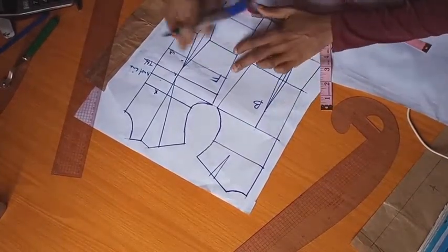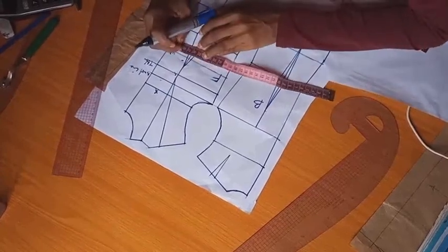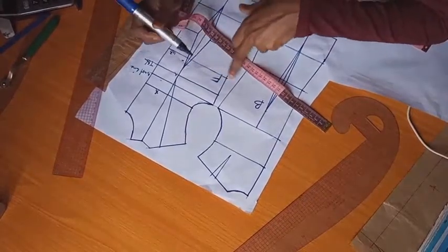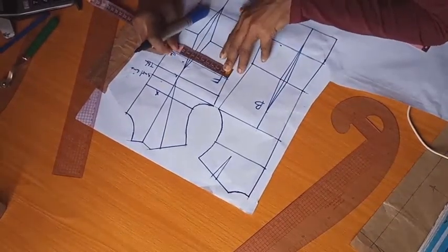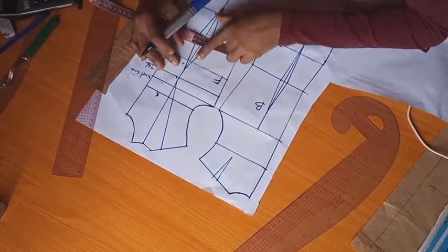So as usual, I'm going to do the underbust tightening. I don't want to dwell too much on that. I've already done that off camera. I divided my underbust by 4 and jotted it down. I measured what I have here on this pattern and checked the difference. So the difference that I got is